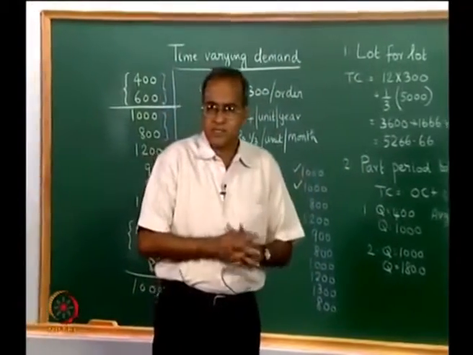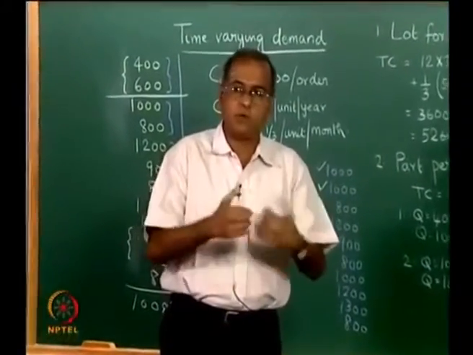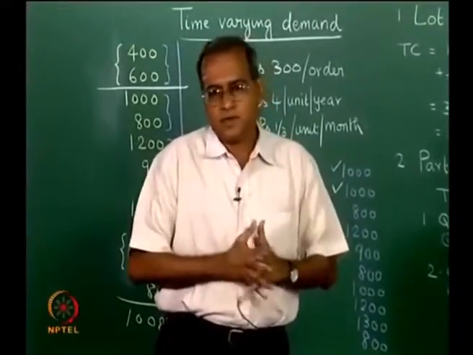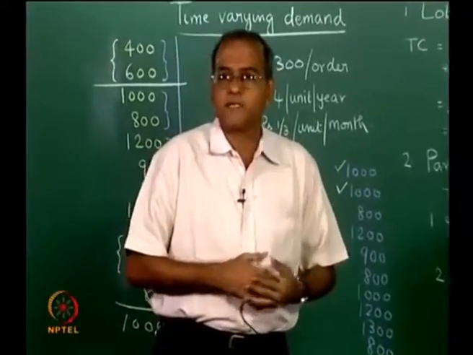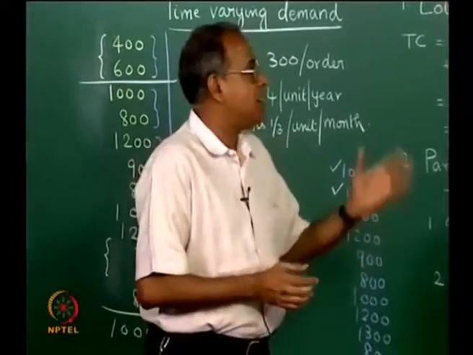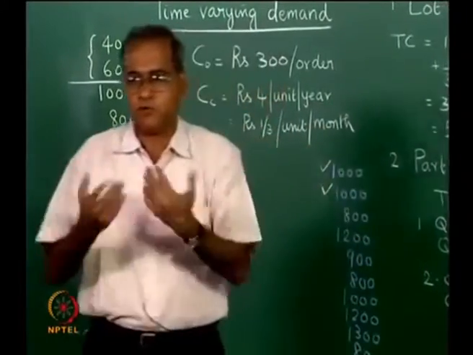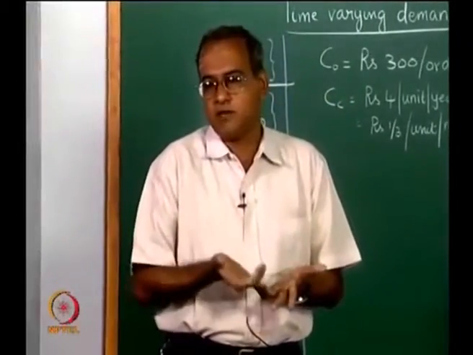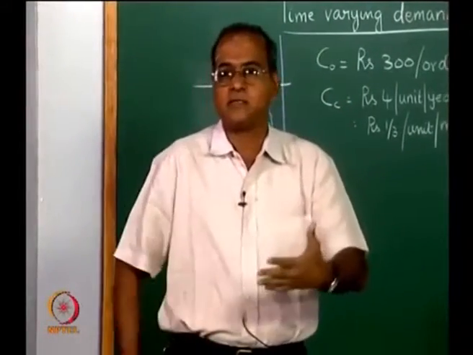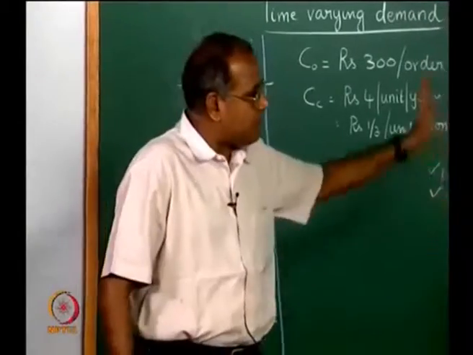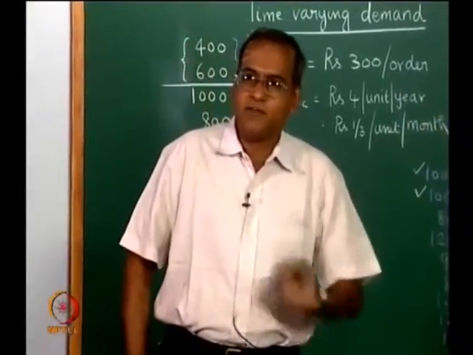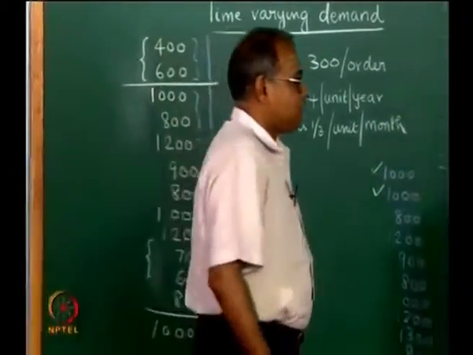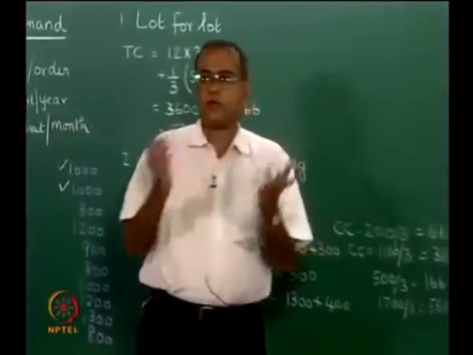Both are very good heuristics. Silver Meal is much more popular and used perhaps a little more than Part Period Balancing, but invariably both of them are used for a given problem and then the best one is chosen depending on what solution they give to the particular instance of the problem. Both of them are intuitive in their own way, the difference is very subtle, but both of them are centered around optimizing the total cost.